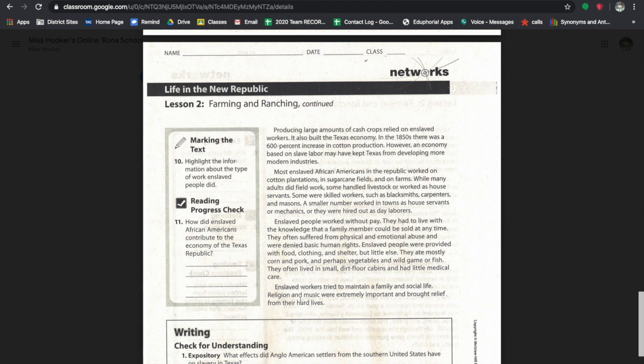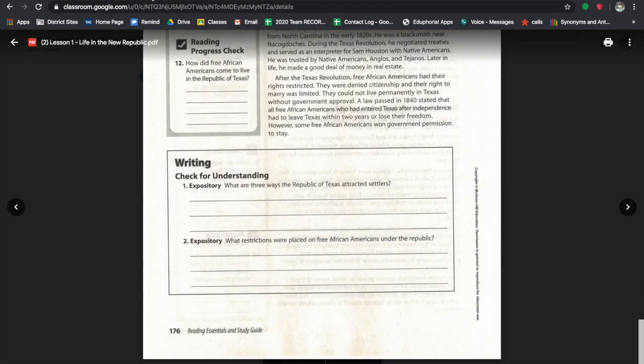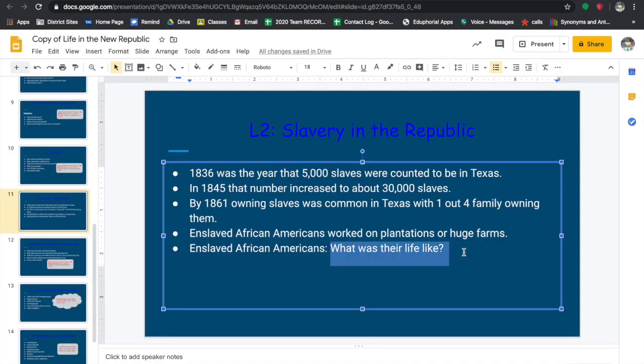I'm going to take something from each of the last paragraphs. So from this paragraph, I'm going to talk about the type of work they did. From this paragraph, I'm going to mention one thing about how they were treated, and then the last one about music and religion being part of their social lives. So let's go back. Enslaved African Americans worked